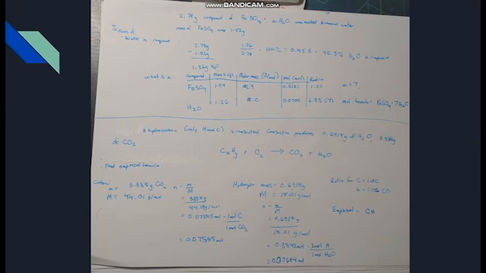Since we don't know it, we're going to just have it as CxHy plus oxygen will give you carbon dioxide and water. Now, we know the mass of water, we know the mass of carbon dioxide. In questions like this, and this is just an introduction to stoichiometry, we're going to have to find